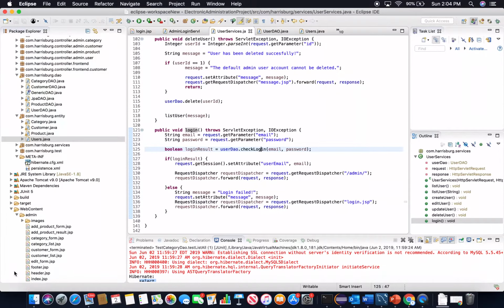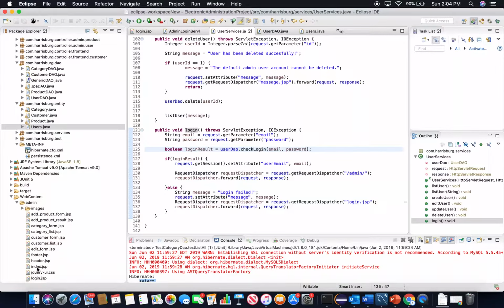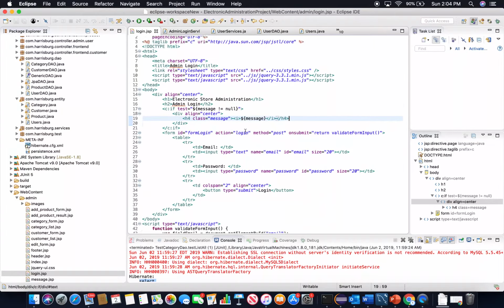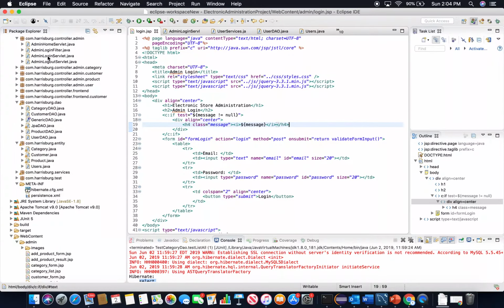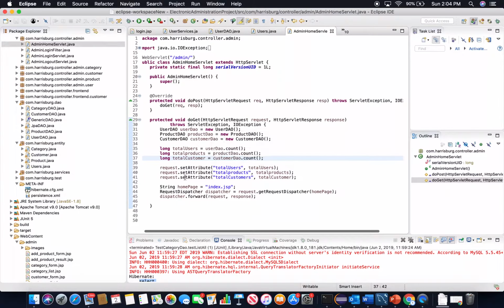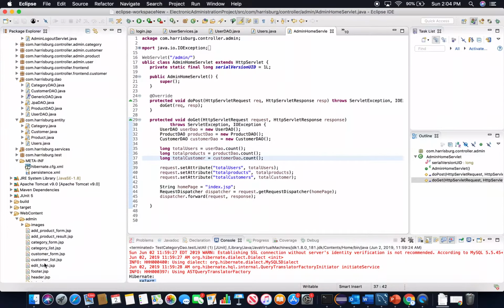How am I getting the messages? You can see from here. It will show the message here that login failed. Okay, if the login and credentials are all right, then it will redirect to the admin home servlet. So what the admin home servlet does is,